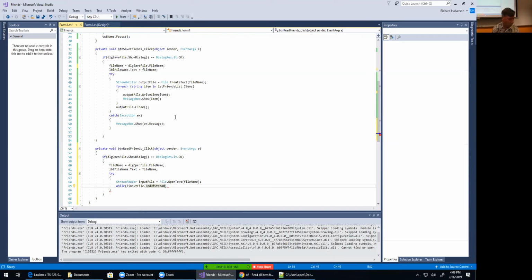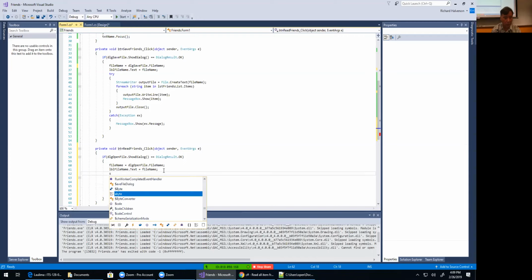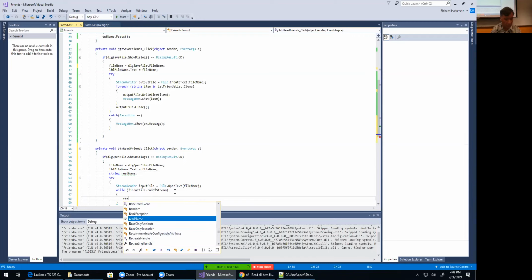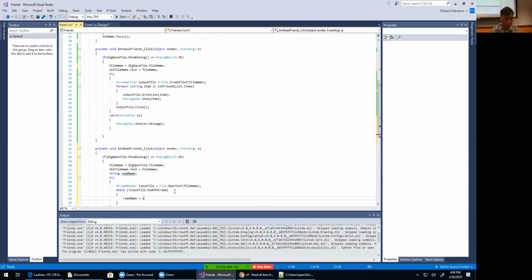Where's name exist? Oh, I'm looking for a name. Never mind. While that's the case, I'm going to have to name a string read name. While that's not the case, read name equals input file dot read line,